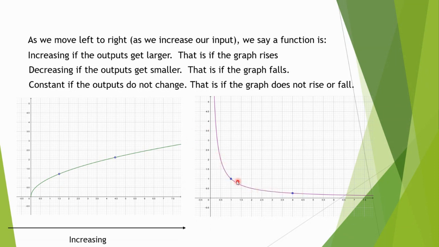The graph is dropping. In other words, your y values are decreasing. So because of that, the graph is decreasing. Those are two examples. Let's move on to